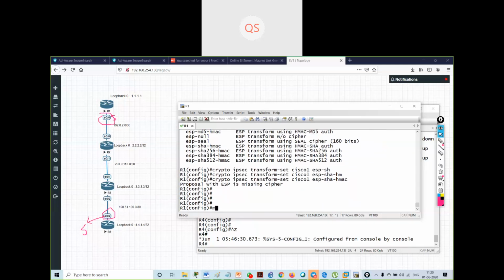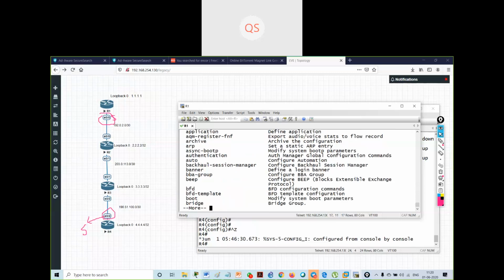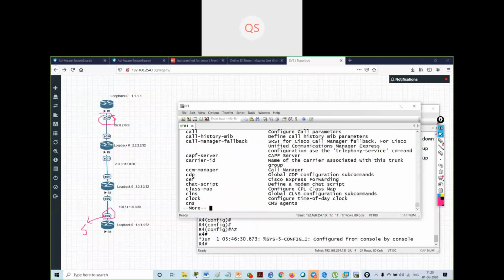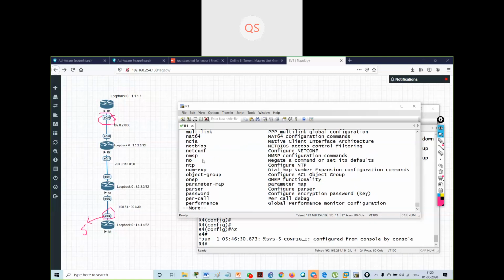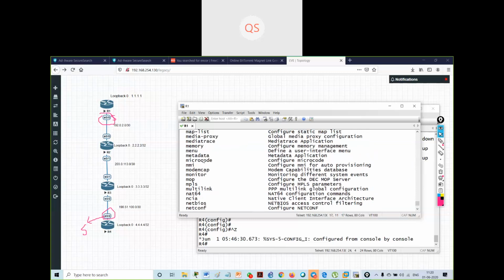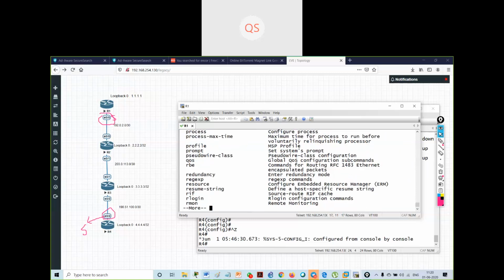Now I have to select the mode. What was the command? Okay, we will see the mode afterwards.